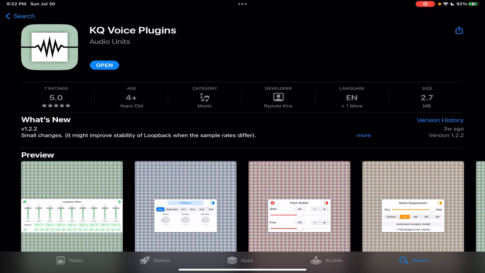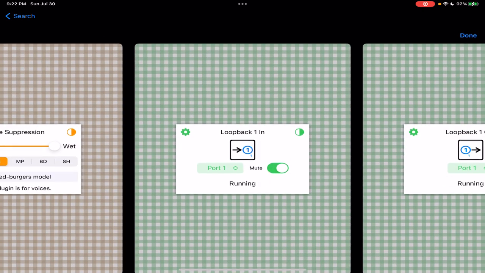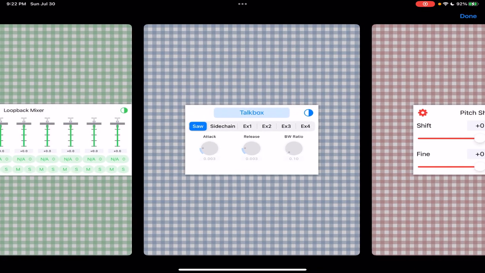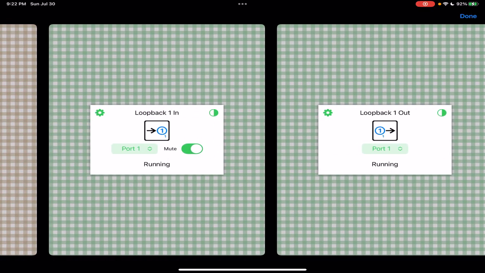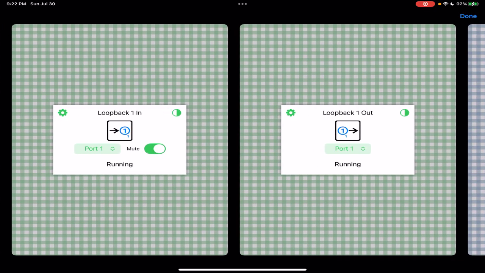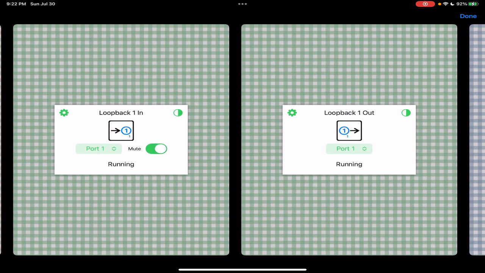Today we're going to be looking at KQ Voice plugins. You can see it here in the App Store. It's a set of audio effects, including some plugins that you can use. As you can see, there's several things built into it, a pitch shifter, a talk box, a couple things. Now, what I'm going to focus on in this video, however, is a couple cool utilities called the KQ plugins,